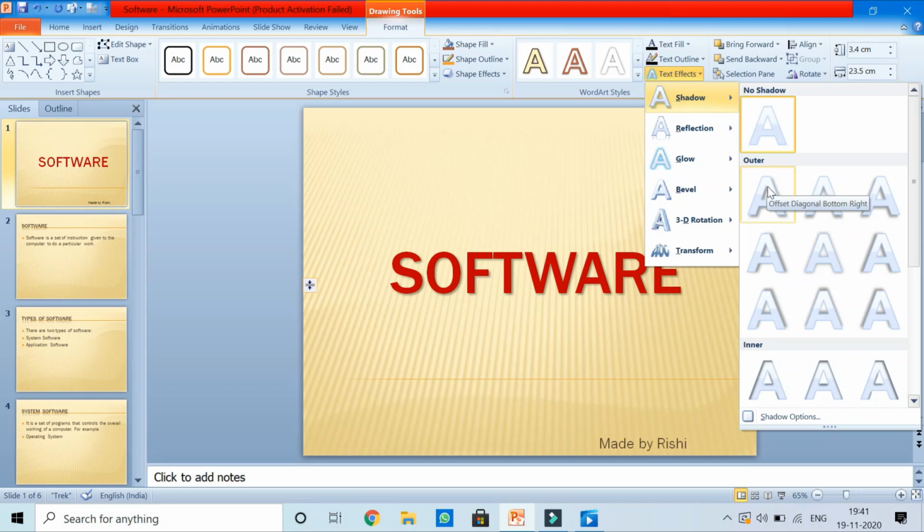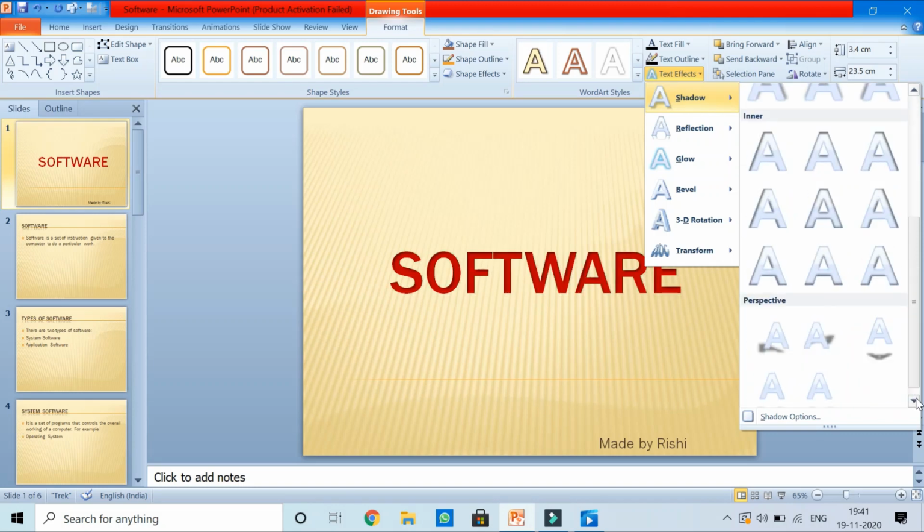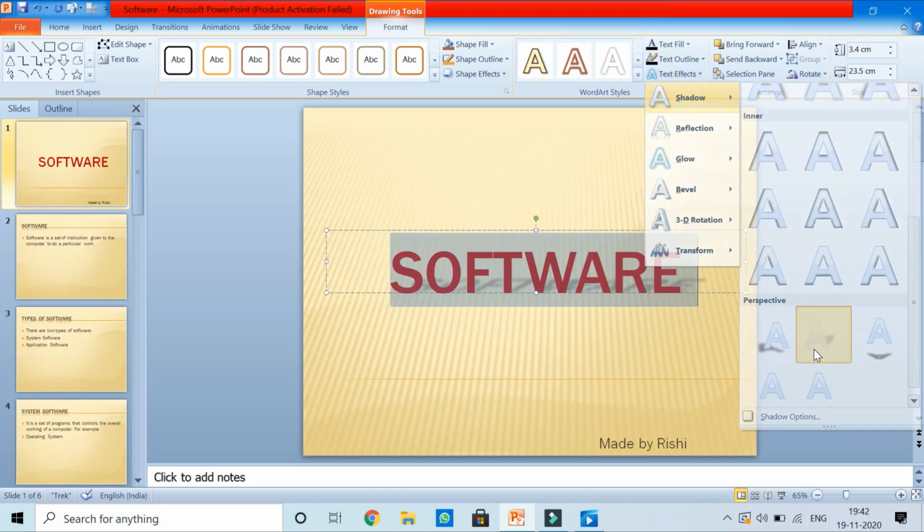Then outer shadow you need, or inner shadow, which means it appears on the text. Or perspective, whatever type of shadow you need, you can apply. I need this one, perspective diagonal upper right. I think it is far better, so I'll choose this one.